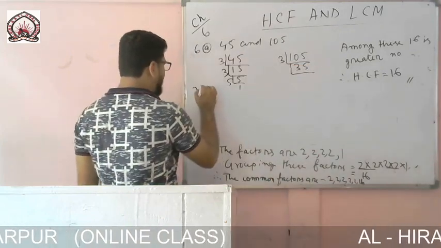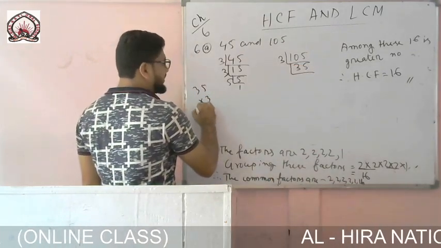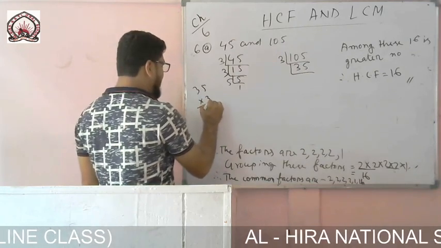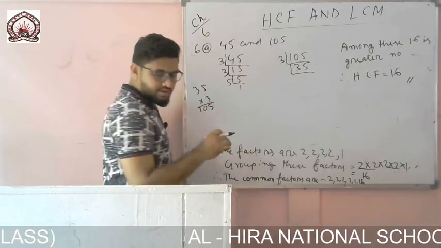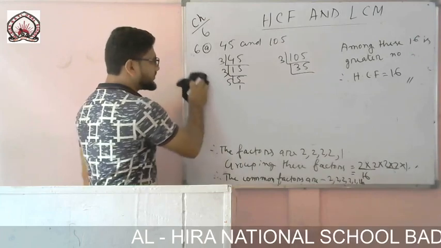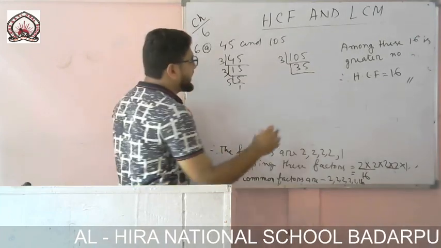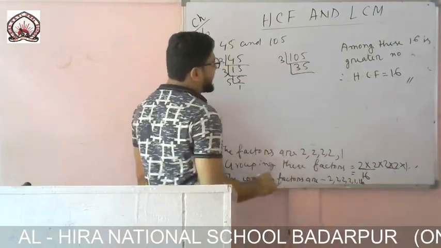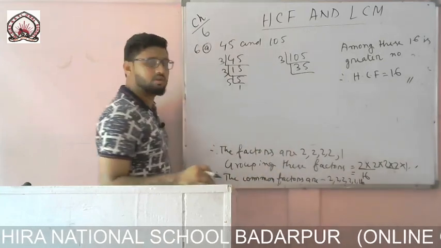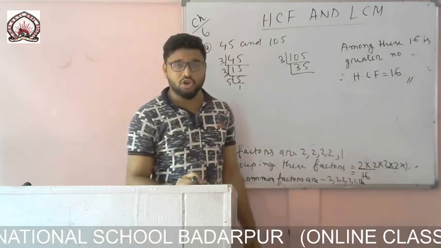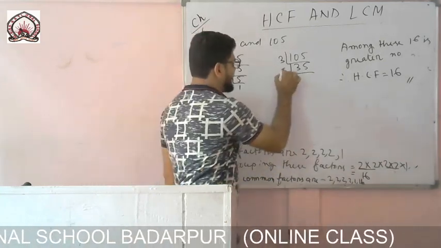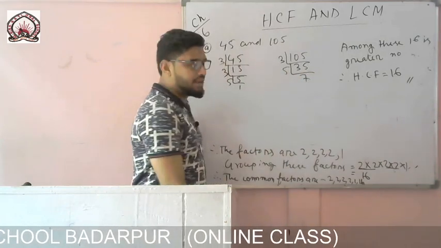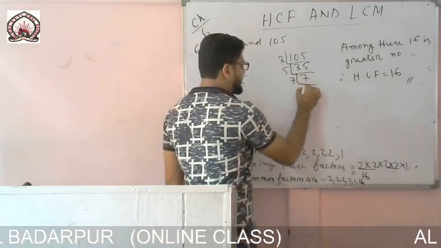Now you can multiply and check. 35 and 3. 3 5s are 15. 3 3s are 9 and 1 is 10. Understood? Okay. Now what? 35. With 3 it is not possible. Okay. With 4 also not possible. With 5, yes. 5 7s are 35. Okay. Now 7 only with 7.